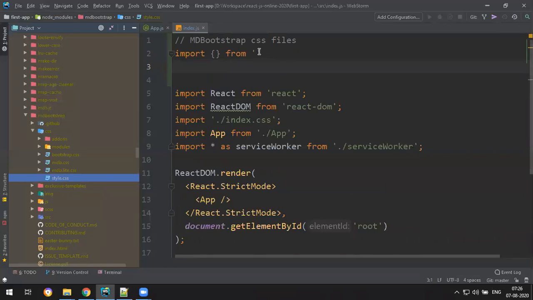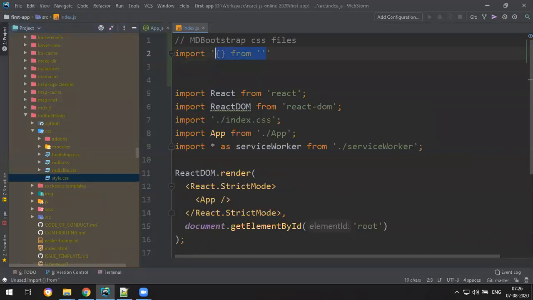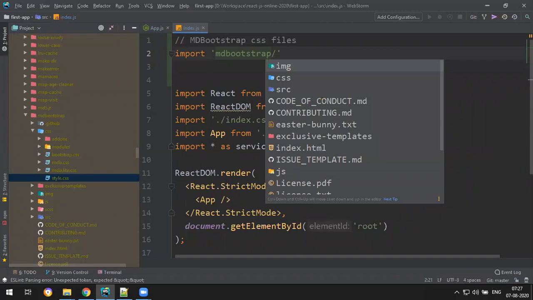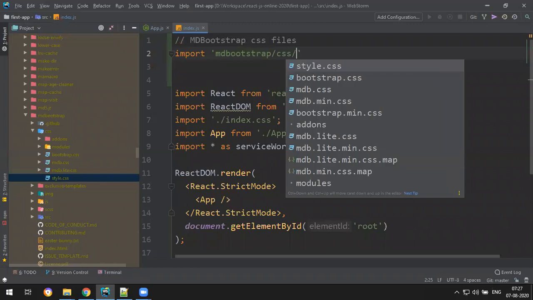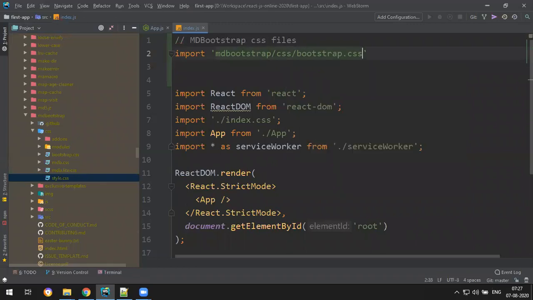How to do that: you can directly do md bootstrap, which looks in the node_modules folder, then slash, Ctrl+Space. If you press Ctrl+Space, you get all the required files. See, CSS folder slash bootstrap.css.